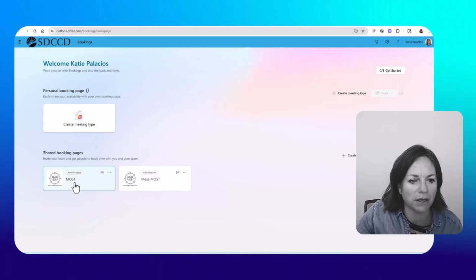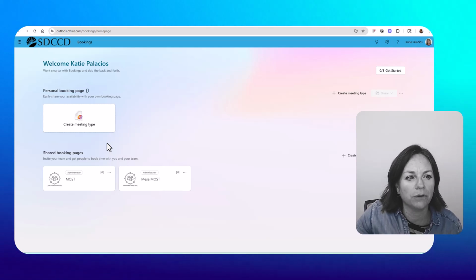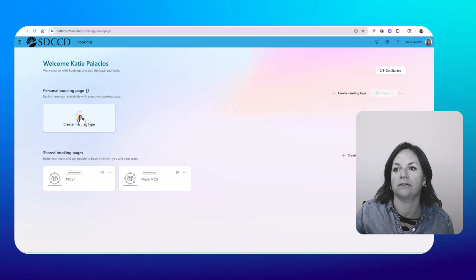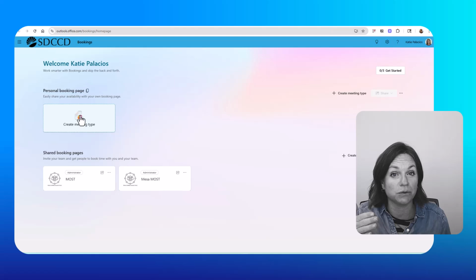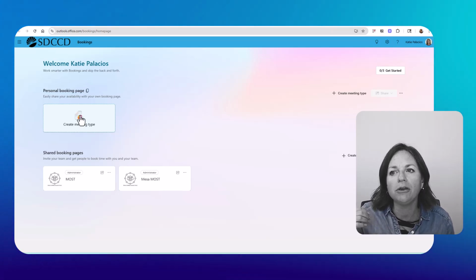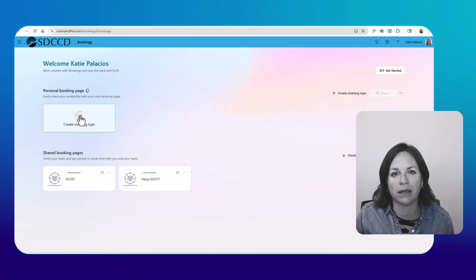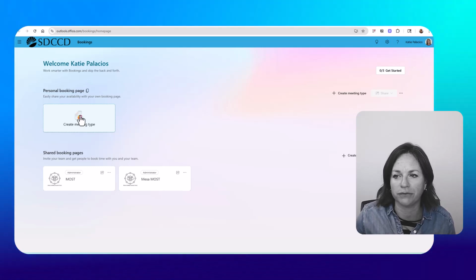Now, you won't see some of the other stuff that I have because I've been using bookings for a little while, but basically you'll want to create a meeting type, and you can have more than one kind of meeting type because, think about it, depending on who you're meeting with, depending on your roles, you might be having different kinds of meetings. So maybe you could have a 20-minute meeting with students. Maybe you would have a longer meeting with a colleague. Maybe you have a different role on campus where you have a specific type of support and you want to have a different kind of meeting or different Zoom room or different times for that particular kind of meeting.